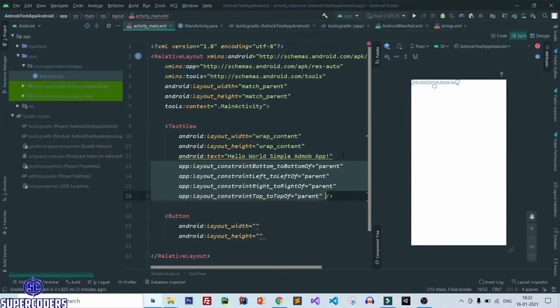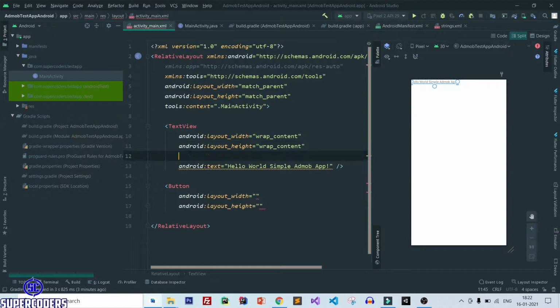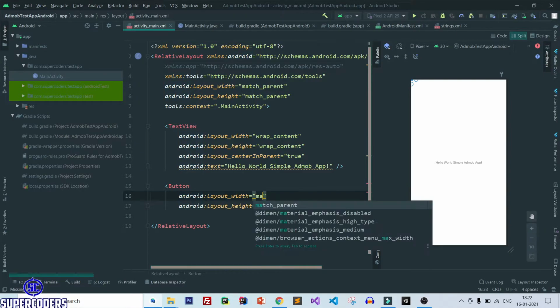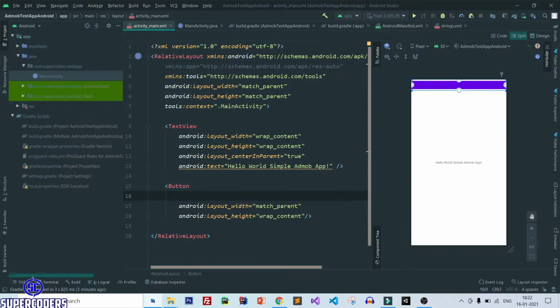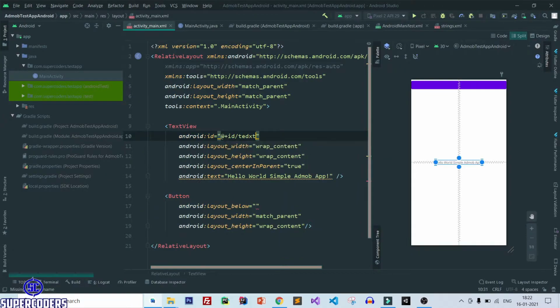Let's remove it. Center in parent true. Match parent. Wrap content. Below ID text.